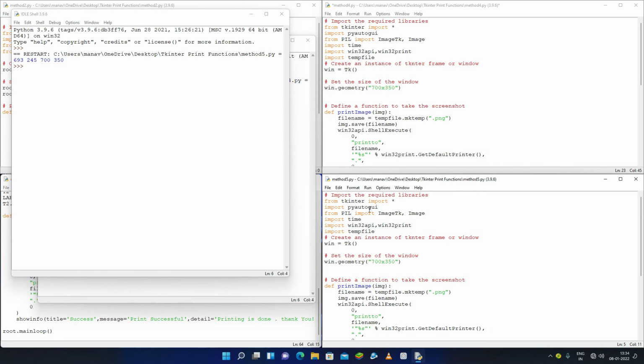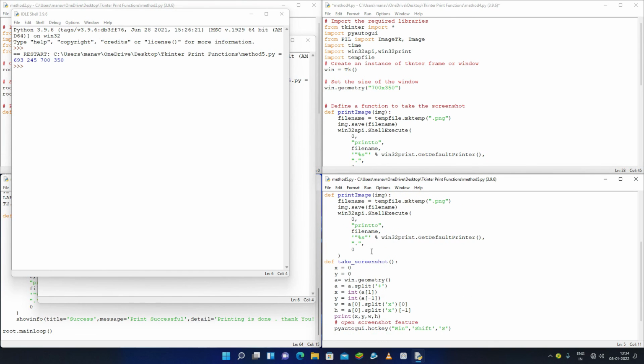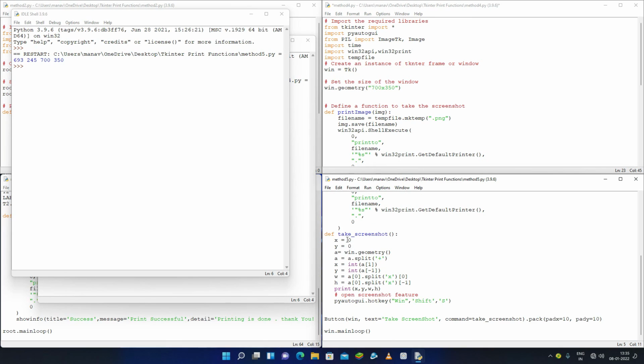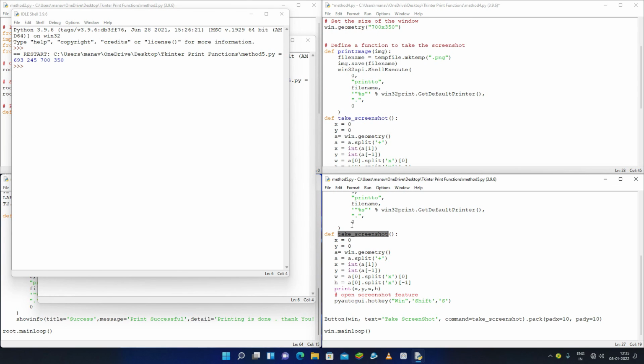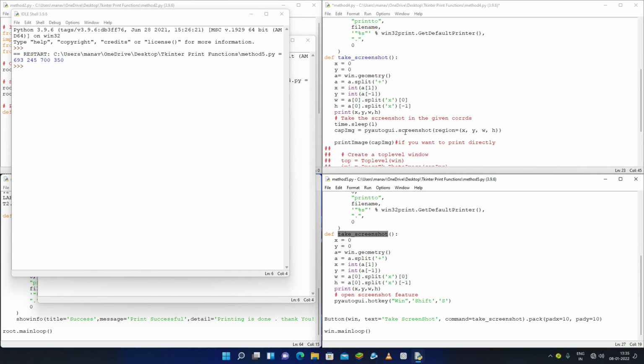Let me show you what is in method 5. Under method 5, in the take a screenshot method, similar to the previous one, instead of getting the screenshot through conversion, I am just pressing the hotkey Windows Shift S. Then it will open the snipping tool. And after using the snipping tool, you know better what to do.